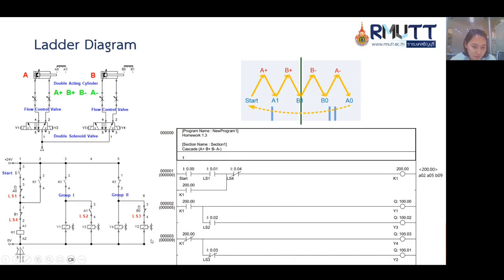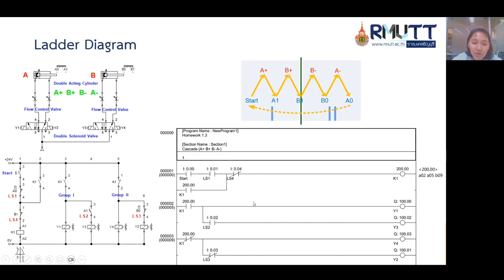Then in this group 2, normally closed contact relay 1, then activate the solenoid Y4, and there is a parallel here from limit switch 3, normally closed, like in this part, activate the solenoid Y2.